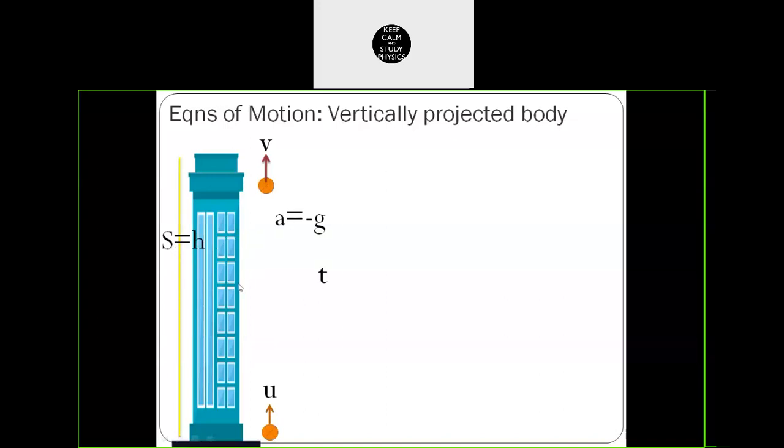And here, initial velocity and final velocity remain the same, whatever they may be. Time also remains the same. Only change is in acceleration. Here, acceleration is constant, and you can observe I have taken it negative. Why negative acceleration? Mind you, we are discussing a body which is thrown vertically upwards. Why have we taken this g value as negative?